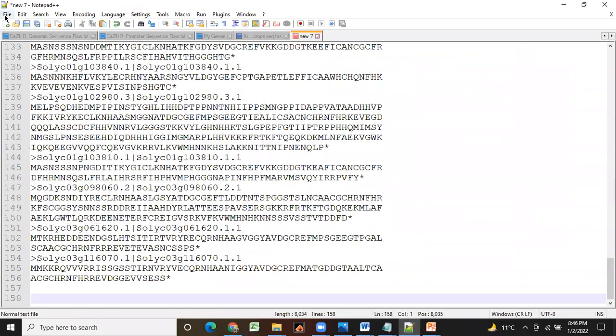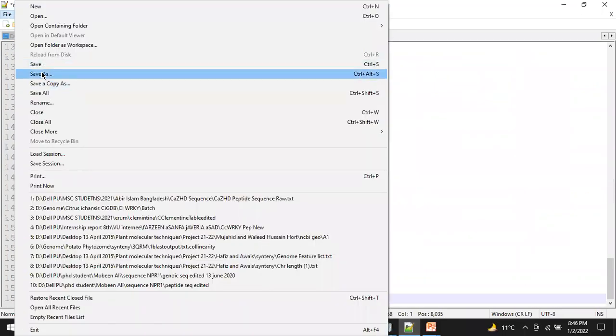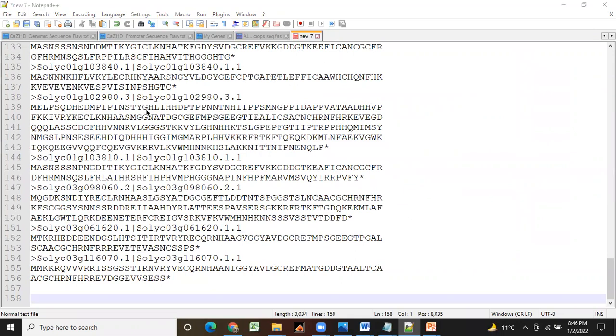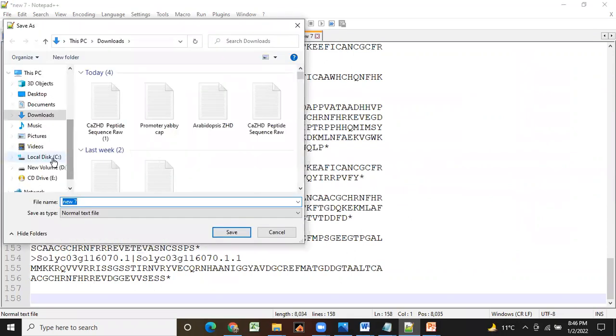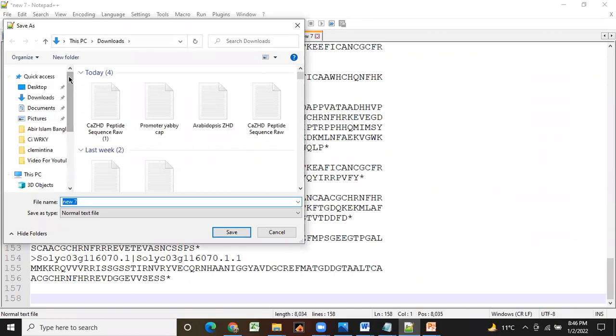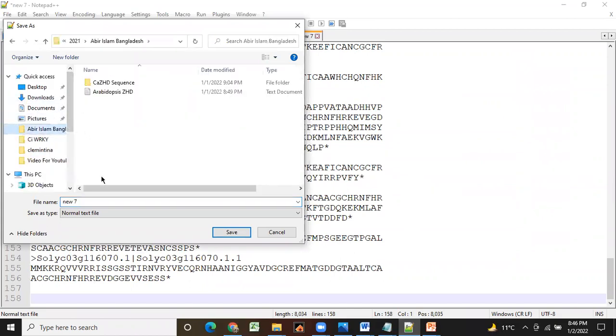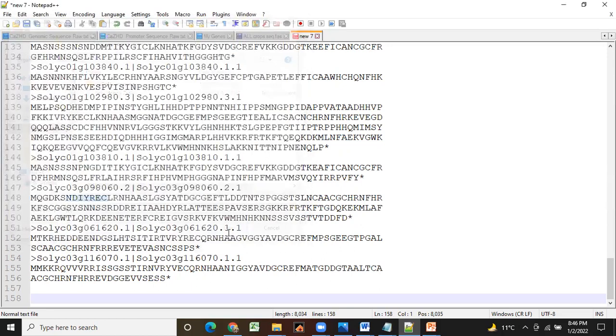Control V, file, save as Solanum lycopersicum raw from phytosome 3.2. Okay. Yes, sir.